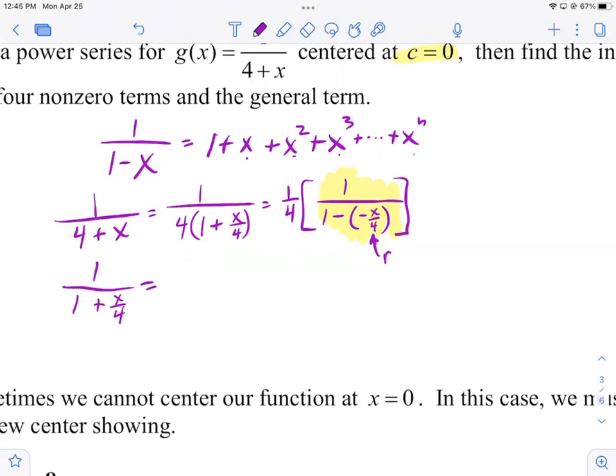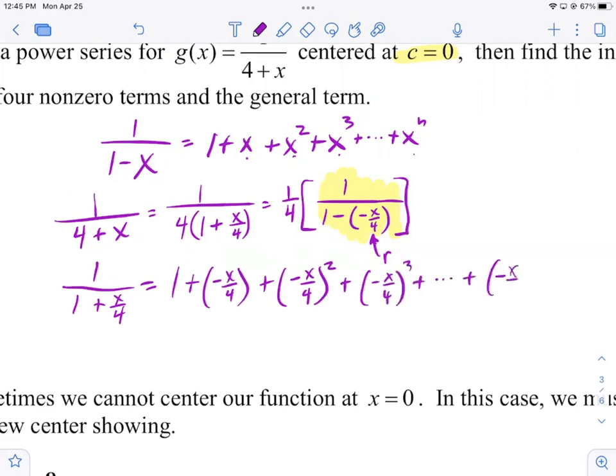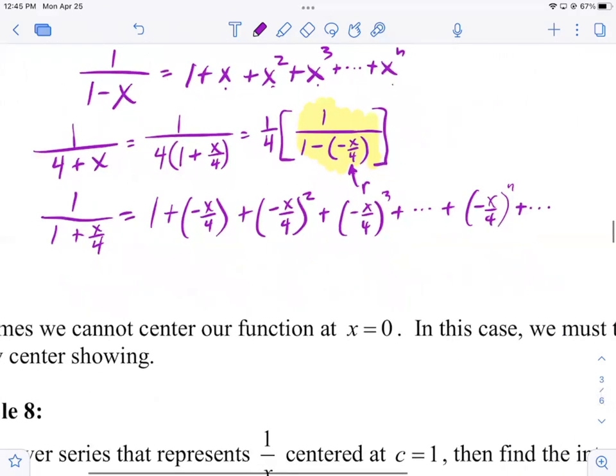And in place of x, we'll put negative x/4. So it'll be 1 plus negative x over 4 plus negative x over 4 squared plus negative x over 4 cubed plus dot, dot, dot, plus negative x over 4 to the n plus dot, dot, dot. Again, keep manipulating the general term or the nth term just like you do in the others. And let's simplify that. That turns into 1 minus x over 4 plus x squared over 16 minus x cubed